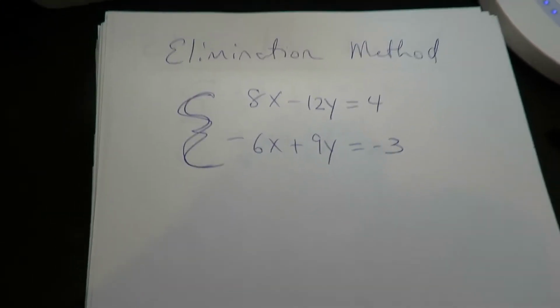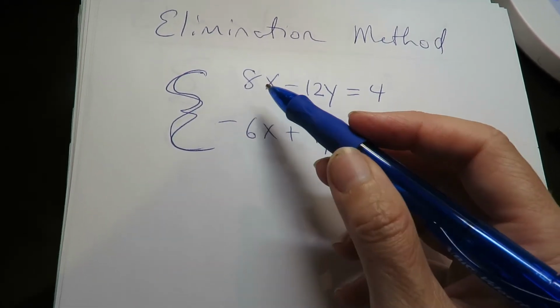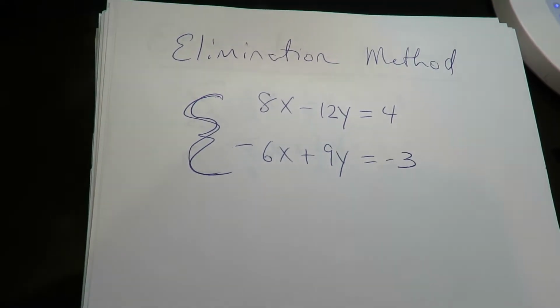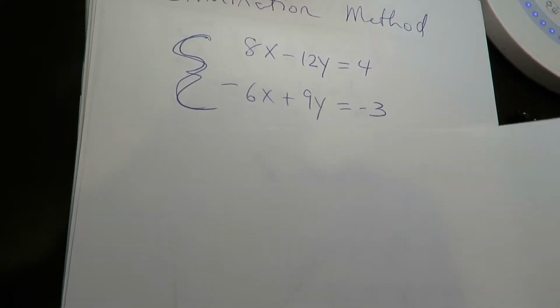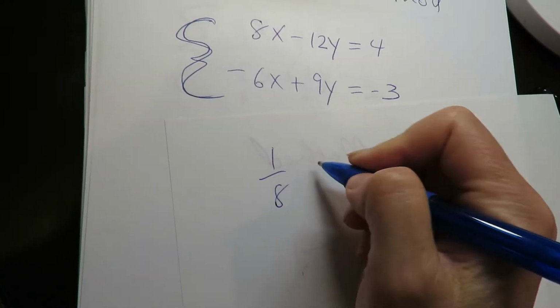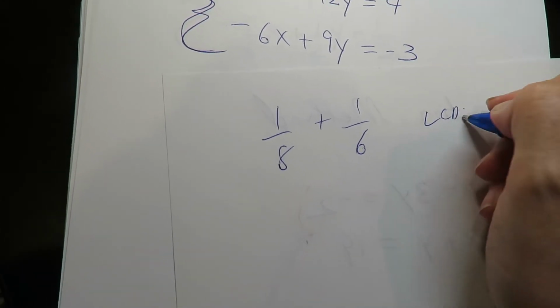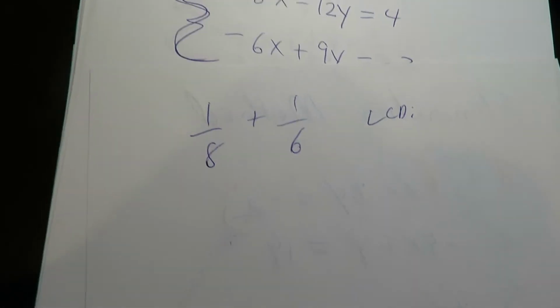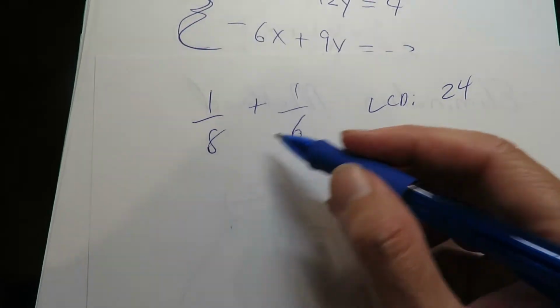Okay, intermediate, let's try another one. Just to help you with how to figure out what you have to make both the values, it's an LCD concept. Since this is an 8 and a 6, it's like if you had fractions with an 8 and a 6 in the bottom and you were trying to figure out what the LCD was, it would be 24, okay? Now, by the way, if you can't remember how to do the LCD, you can always